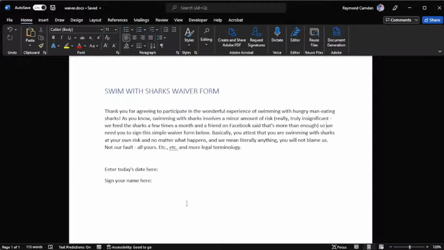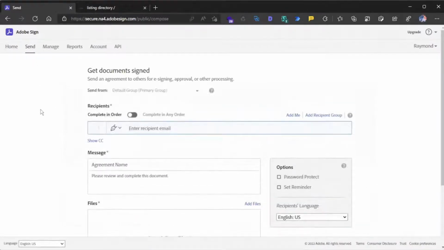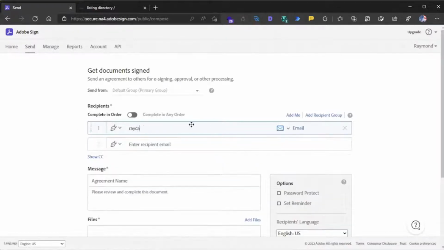So I have this Word document, and again, you just kind of came into my shop and I need you to sign. So let's look at what that process is like. So I begin by hitting send. And what I want to do is I'm going to use this form so that I can have you, the person who just walked in, sign and agree to it. So I've asked your email address, and I'm going to type in